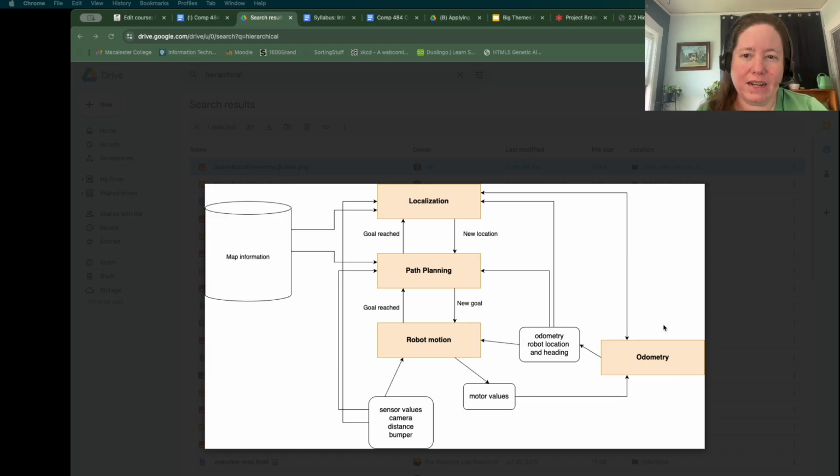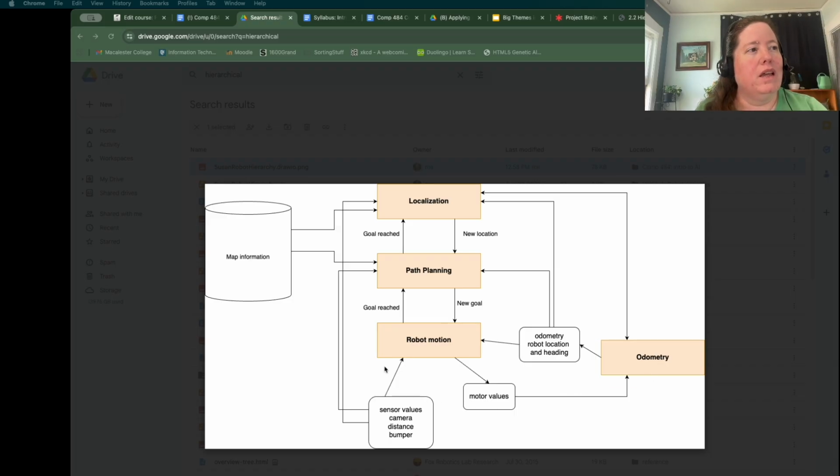There is an odometry agent. This is very low level. It's getting information from the physical robot itself, and it also has access to some information that it can be updated from other pieces of the program as need be. But otherwise, it's basically taking the motor data and updating where it thinks the robot is in a robot-centered coordinate system that is basically an offset from wherever the robot started. So that's a very, very simple agent. It's not really doing any complex AI. It's just doing basically dead reckoning. It's calculating a new position based on the motors and the